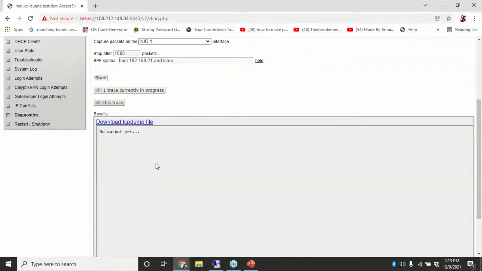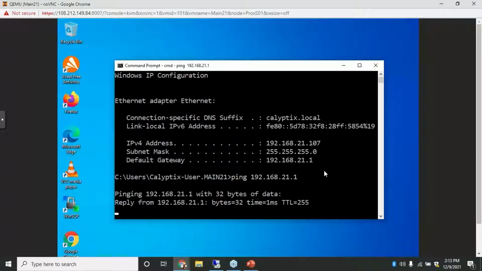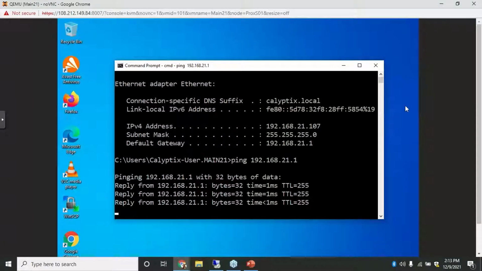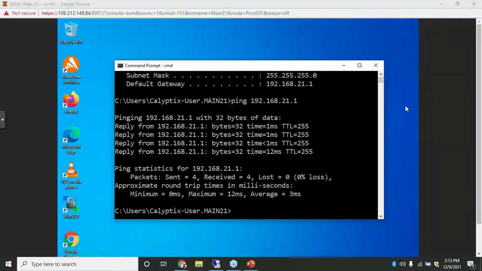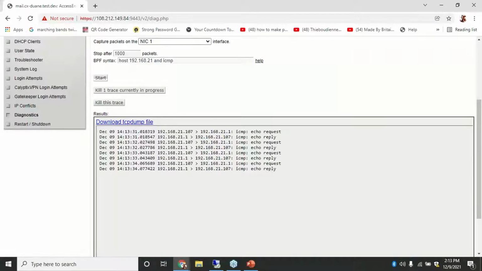So now that we have our ping here, what we want to do is just find out if that traffic is going to show up. From the 21 device, I am going to ping 192.168.21.1, which is the firewall. And then we'll show that traffic and see if it hits the firewall. And we do see we have from the 107 to the 21.1, which is our firewall, we can see that